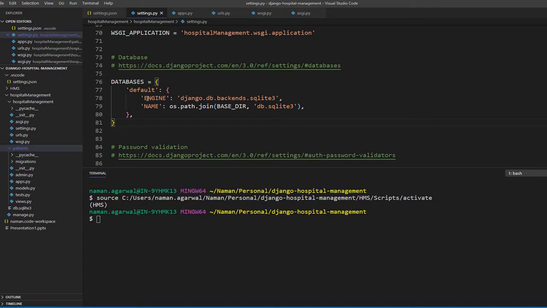Because PostgreSQL is full of many features. It is fully featured, a complete feature set, but SQLite provides very basic features. Okay, and not only this, PostgreSQL provides you user level access, meaning you can restrict the access or something like that. Many complex features are provided in PostgreSQL, but in SQLite you won't have any of those features. That's why from the start we will be using PostgreSQL, so that we are aware of all the problems which we are going to face while using PostgreSQL, so that we are always production ready.